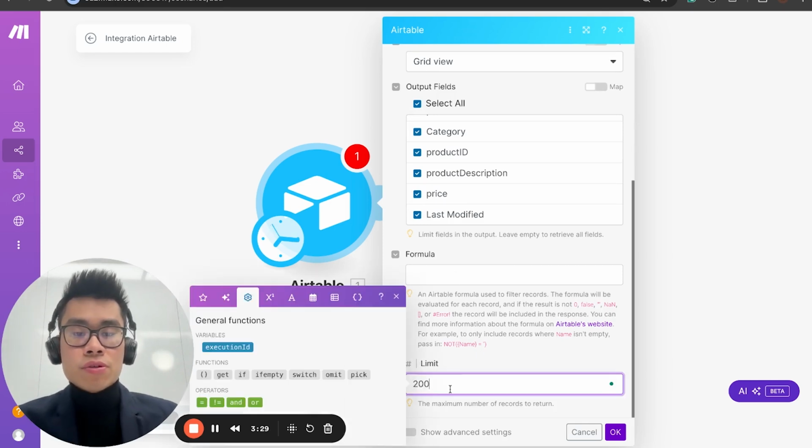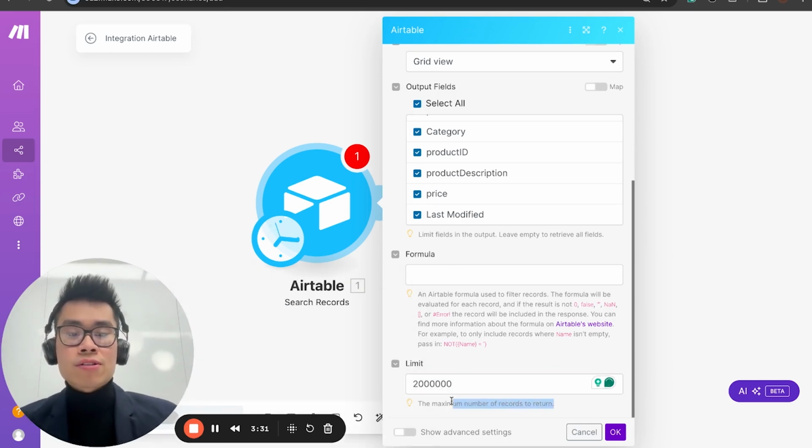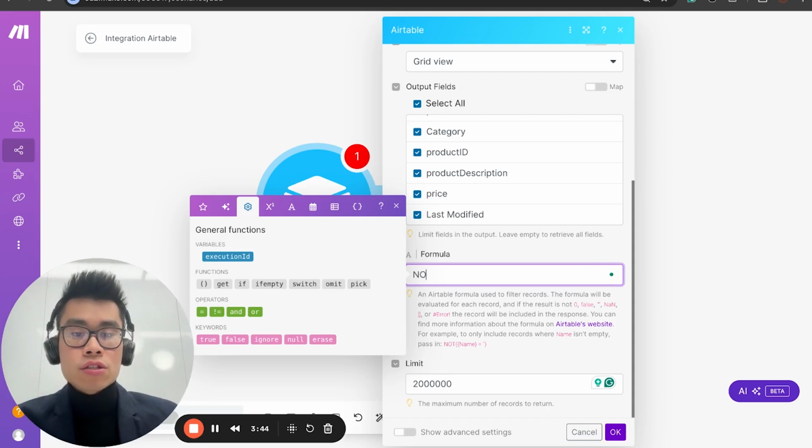And limit, let's just put a very high limit. That's just the maximum number of records to return, right? So we just put a really high number here. And formula, we basically want to return or search all the records that are non-empty. And the way to do that in Voiceflow is not